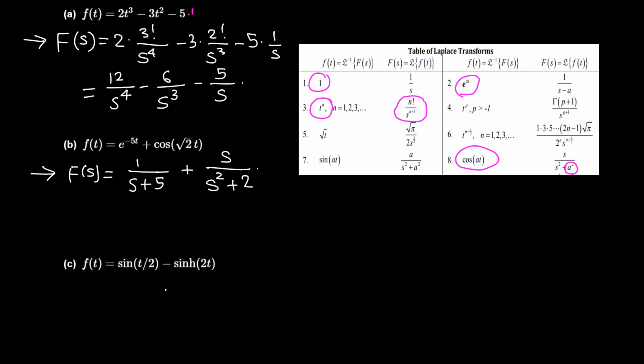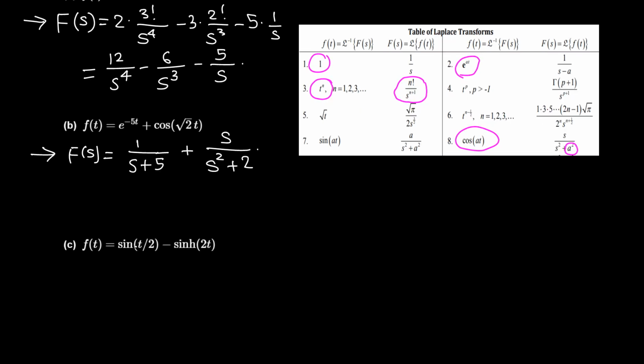So let's move to part C. Sine t over 2 is pretty much sine of half t, and we use this. It's like cosine alpha t, the same thing, sine alpha t or sine at, where a is 1/2. So from this, the Laplace transform of this function, lowercase f, which we denote by uppercase F, is a over s squared plus a squared. So a means 1/2, this is 1/2 over s squared plus 1/2 squared, 1/4,